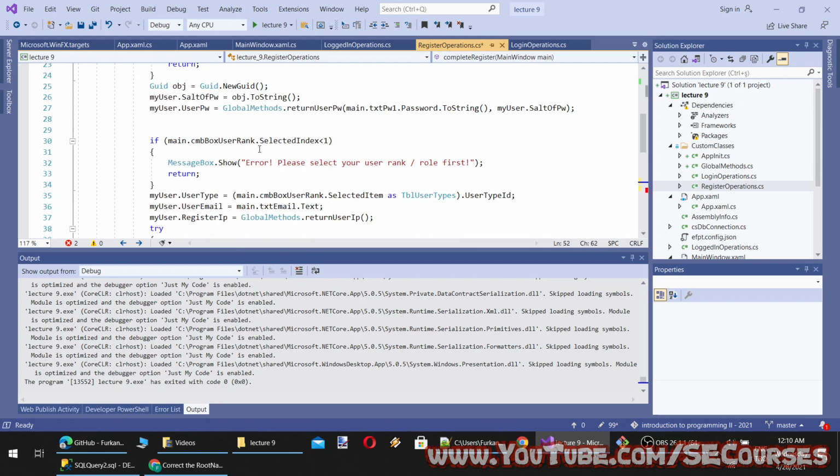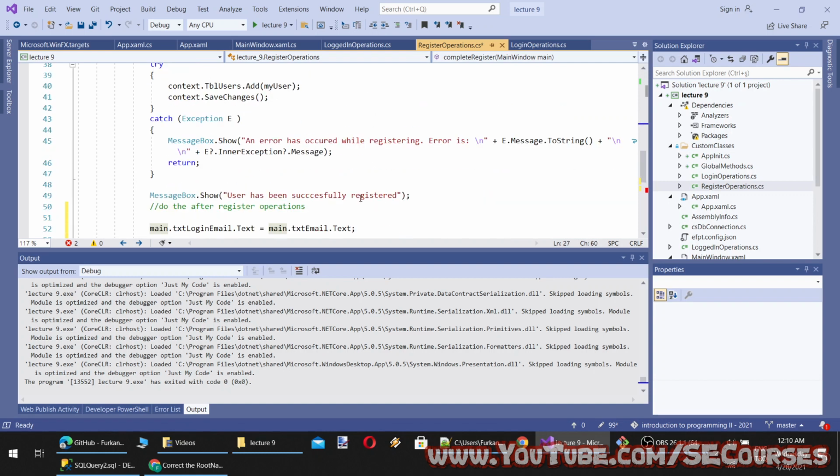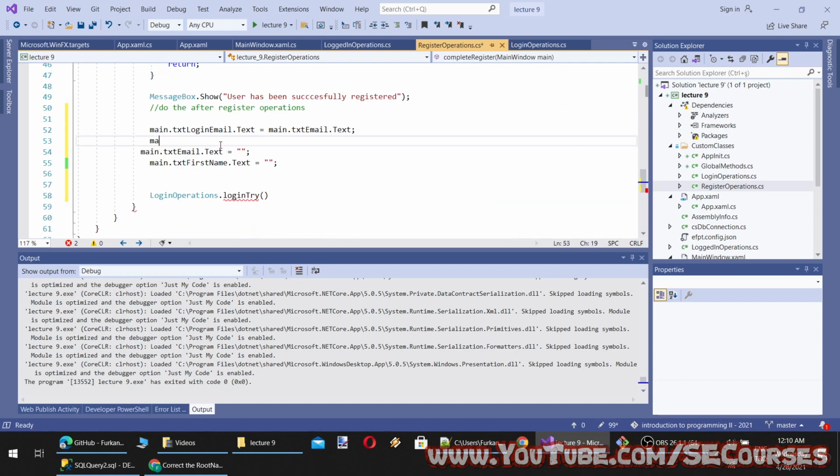So the password here, okay, main.txt login password equal to this. Okay, I can't set it like that, but maybe this can work. I'm not sure.